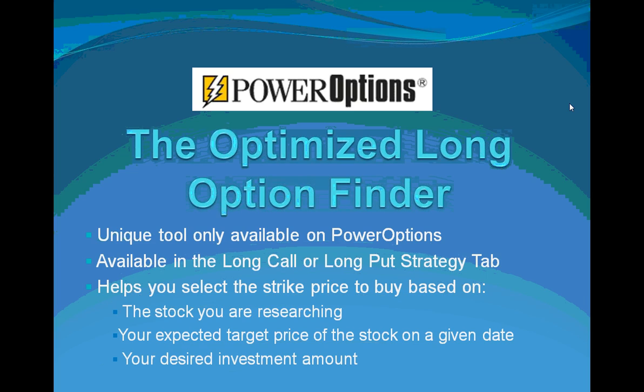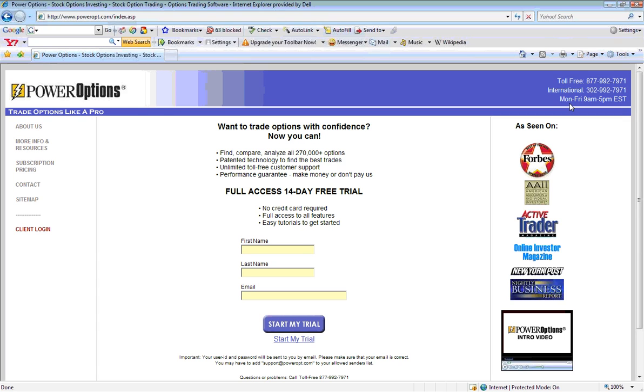It can be accessed through the Long Call or Long Put Strategy tab in the Power Options suite of tools. The Optimized Long Option Finder helps investors select the best potential strike price to purchase based on the stock they are researching, their expected target price and the date that they expect the stock to hit that target price, and their desired investment amount. To access this tool, start by directing your browser to